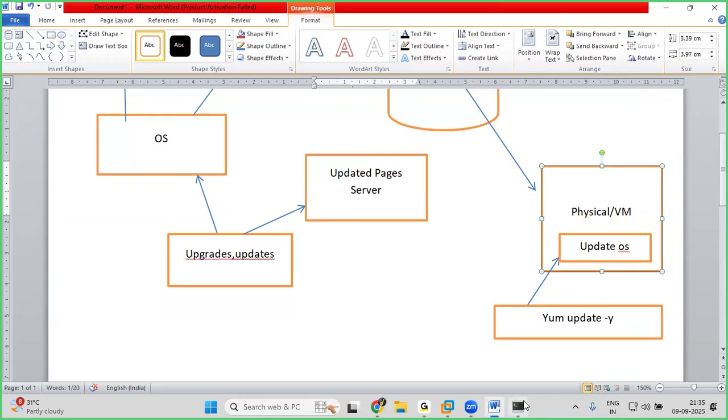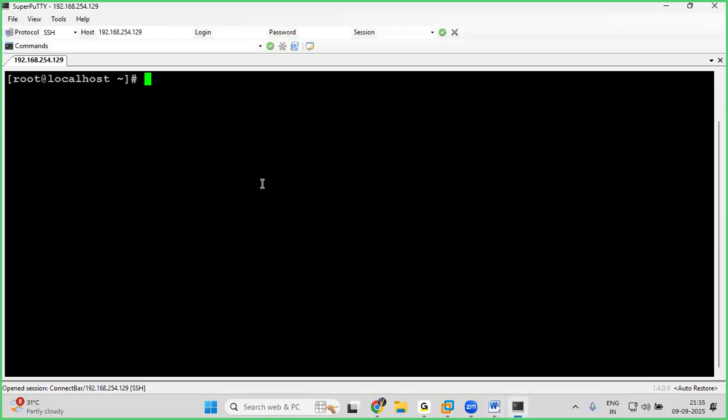Just now we are the user, we have installed or created one VM. The developers are providing one link. Whenever we apply this command yum update -y, the command goes first inside this file: cd /etc/yum.repos.d